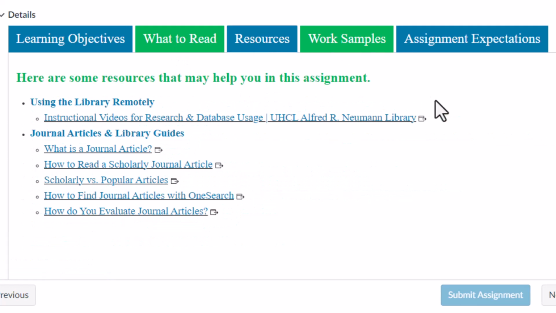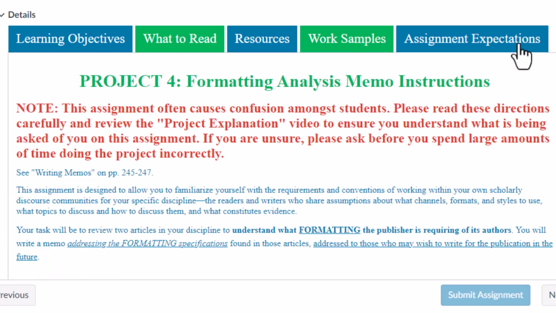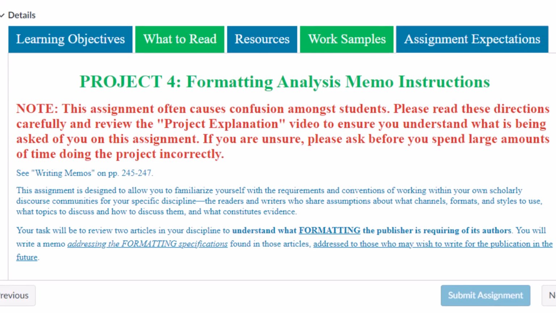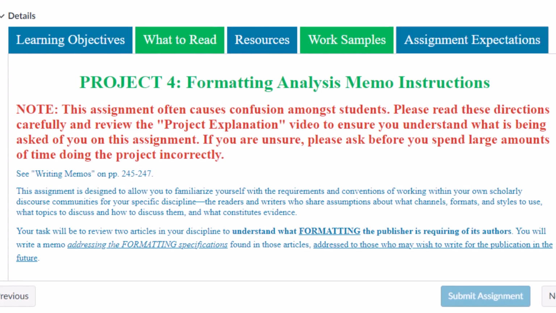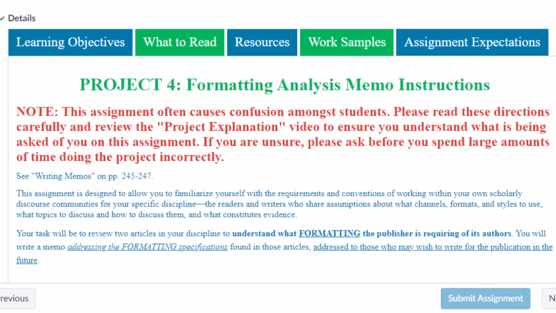some extra resources that could prove incredibly helpful for this assignment, a work sample from a previous student, and the assignment expectations. Again, this comes with a warning that this assignment does cause confusion. Please read through everything carefully and make sure you understand. And as always, if you have questions, please do ask before you spend a large amount of time doing something